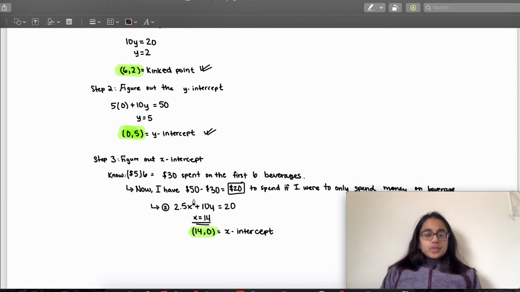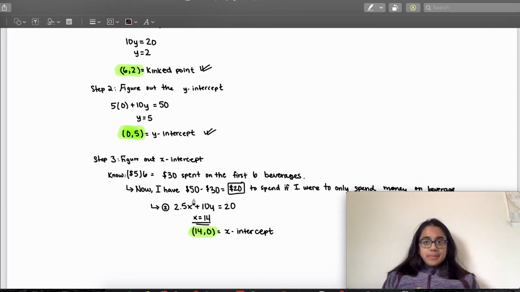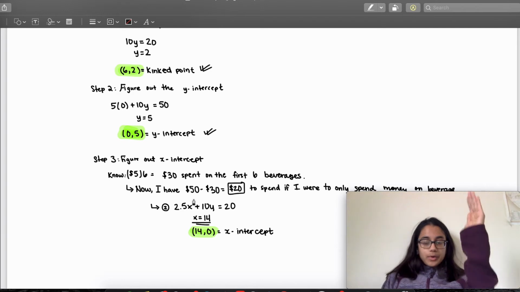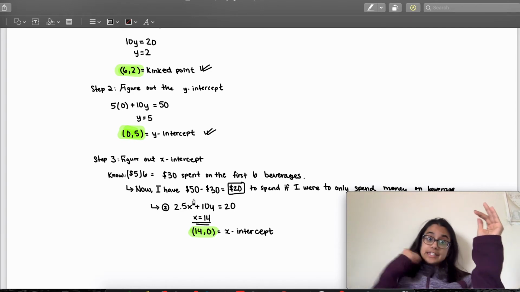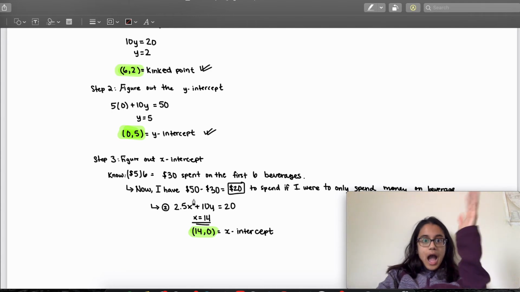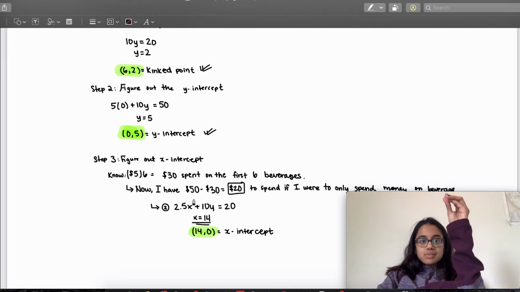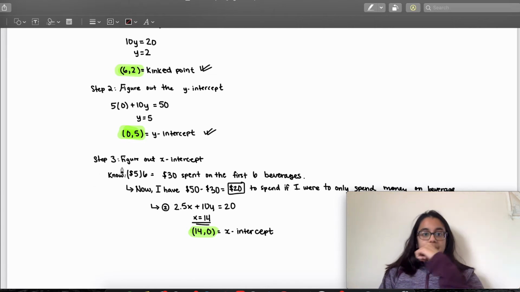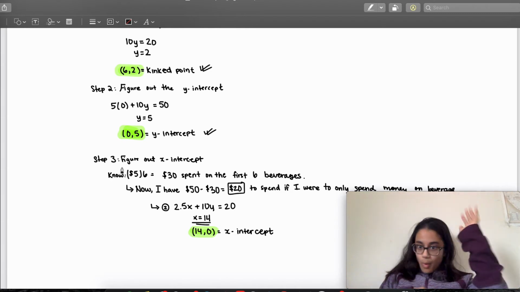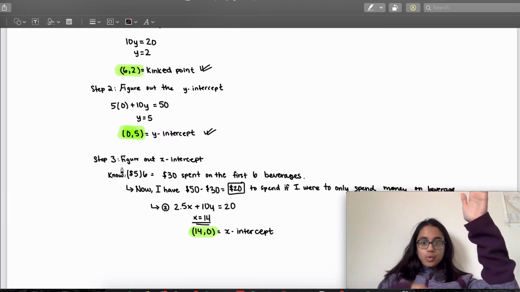So when we're looking at y-intercept or x-intercept, for y-intercept, our y-intercept was that popcorn, right? We're assuming that if we are buying 0 x, as in if we're having 0 beverages, what's the highest amount of popcorn you can buy? And that was our 5. With the same intuition, if we have 0 y's, we're not buying any popcorn, we're only going to buy